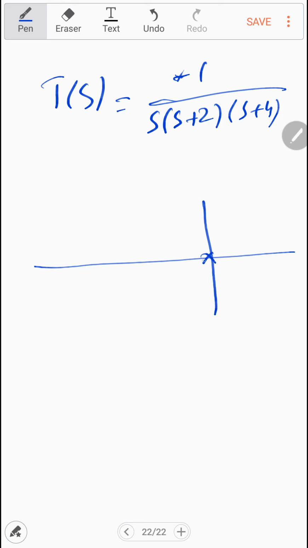So if you place the poles, we have one pole at s equal to 0, another one at s equal to -2, and the third one at s equal to -4. So from where will the root locus start? You see 1, 2, 3, and then we say that the locus will start from the odd number of poles, from this side. And now since the gain is a negative value, we say that the locus will exist to the right of the odd number of poles. So this is to the right of the odd number, it will start, and then it will end at the zero at infinity, because the zeros are not finite in this system.